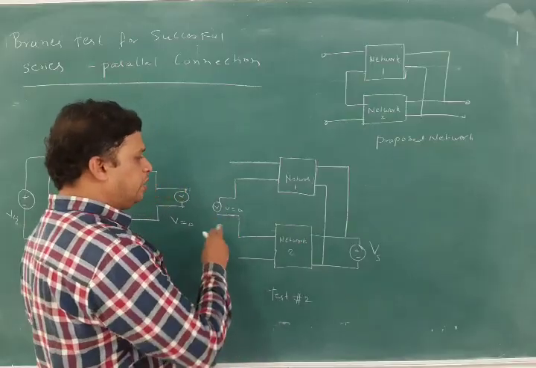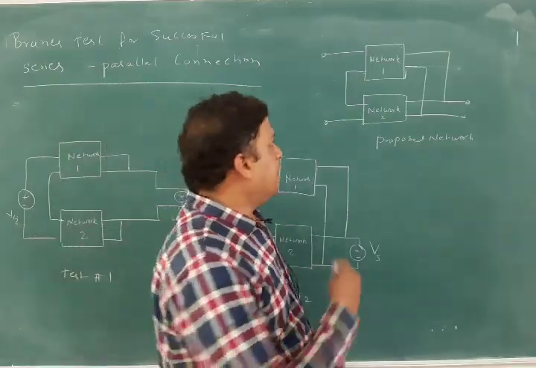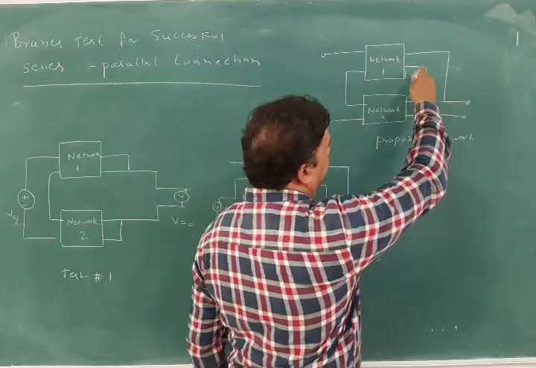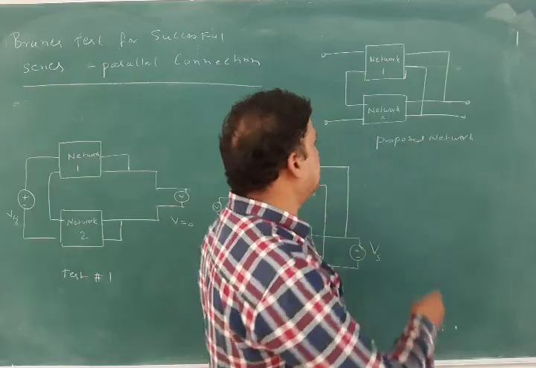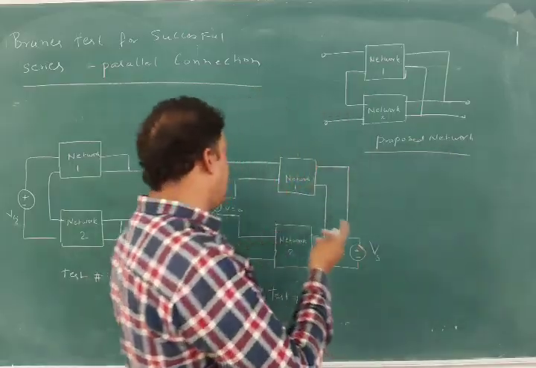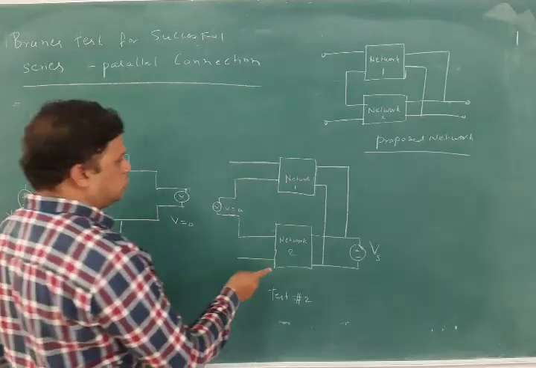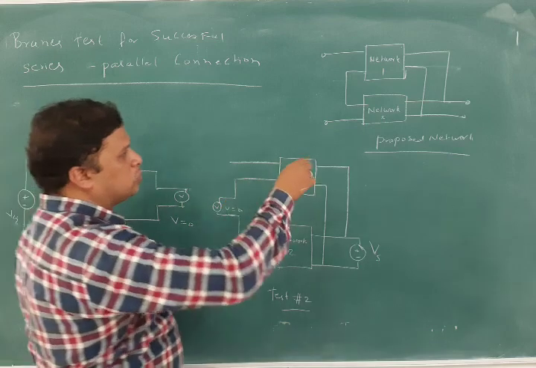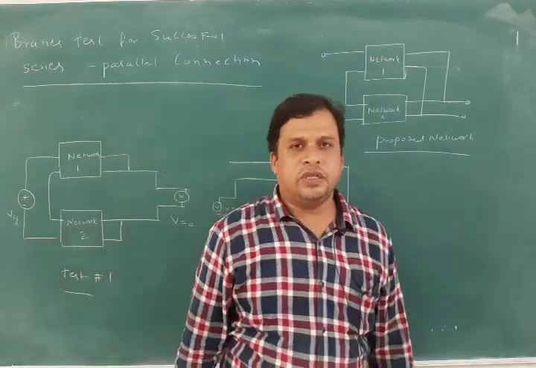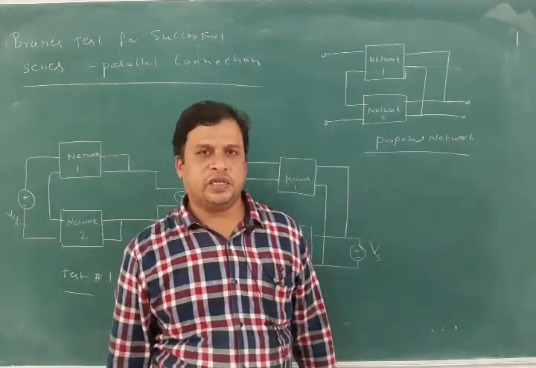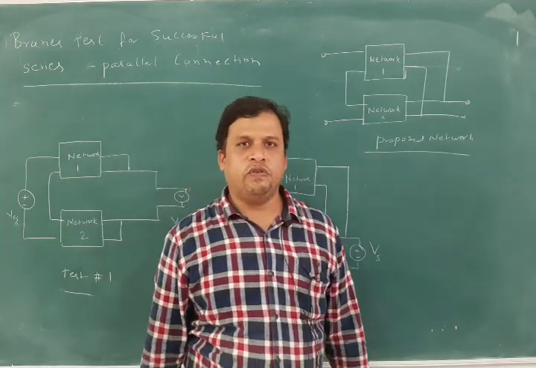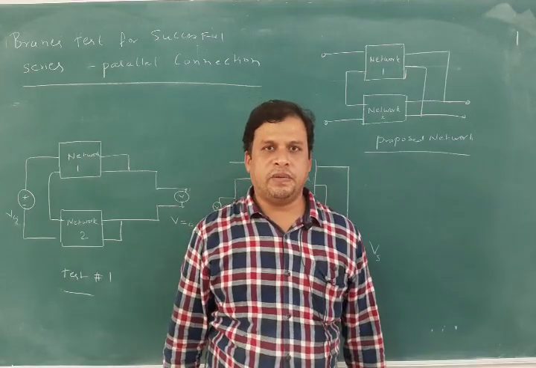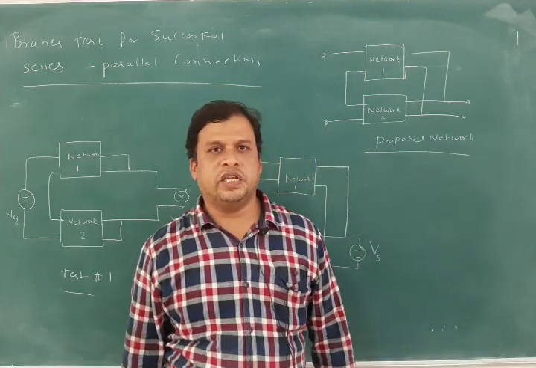After having these two conditions satisfied, we will have this proposed network where the input port is in series and the output port is in parallel connection. So this is a series parallel proposed network where we have to satisfy these two tests, and then we can use that proposed network. That was in the H parameters, where the matrices were added, H is equal to H1 plus H2. Now if you come to the other parameters, the G parameters, these are also called the inverse hybrid parameters.